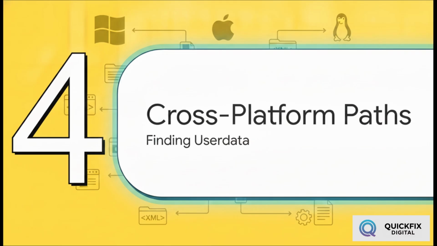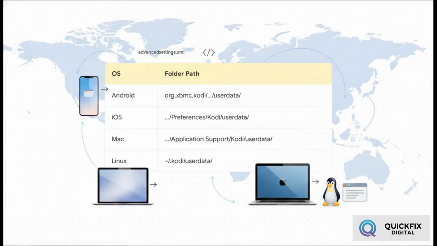Because Kodi's interface is uniform, the rules are the same, but the specific folder to drop this XML file into changes depending on your device's operating system. Think of these file paths like a universal treasure map. You're still creating that exact same advancedsettings.xml file with the exact same code, but where you plant it depends